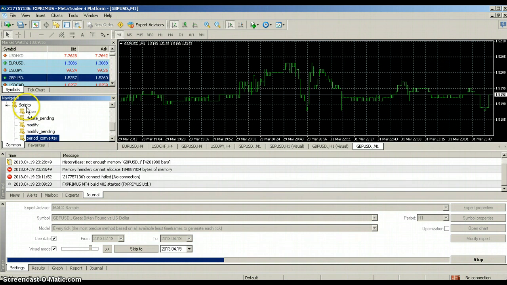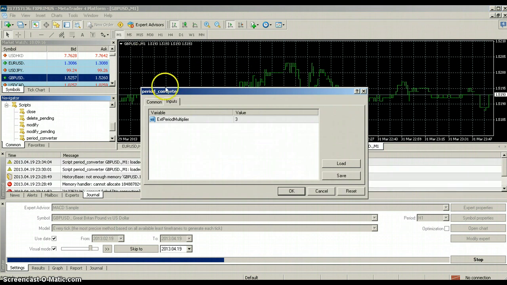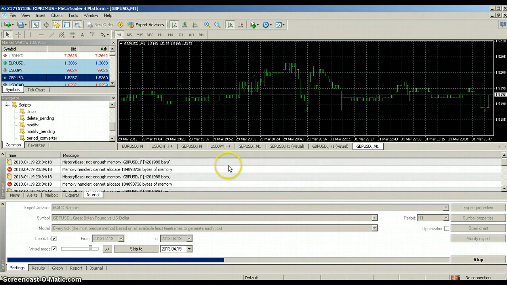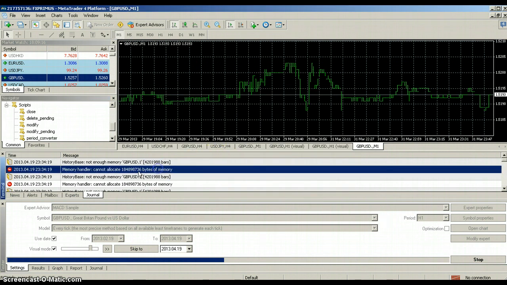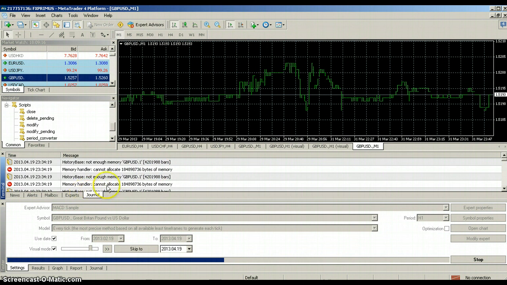Now please go to Script Period Converter and drop it onto a pound US dollar .m1. I repeat, please drop the period converter from your script folder onto a pound US dollar .m1 chart. Once you have done that, on the input period multiplier, please key in 60 and press OK. To ensure that the script is being run, please check under the journal